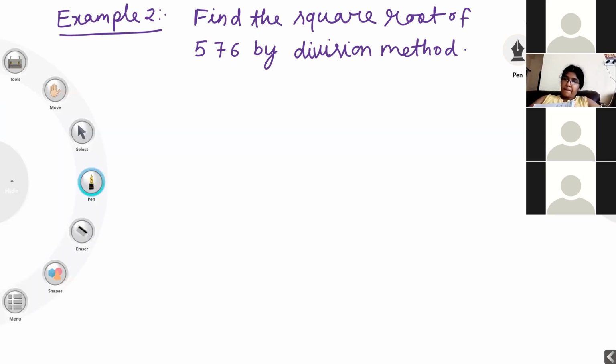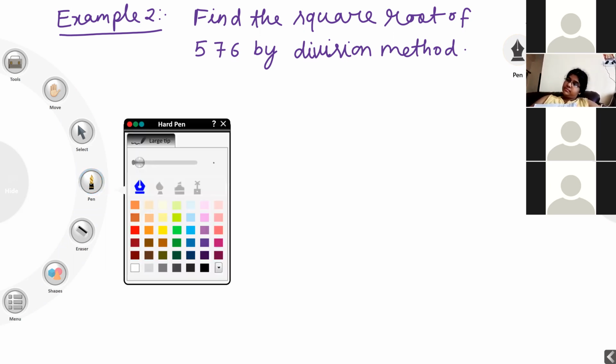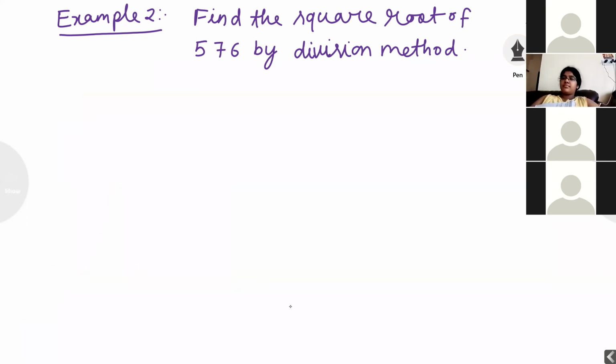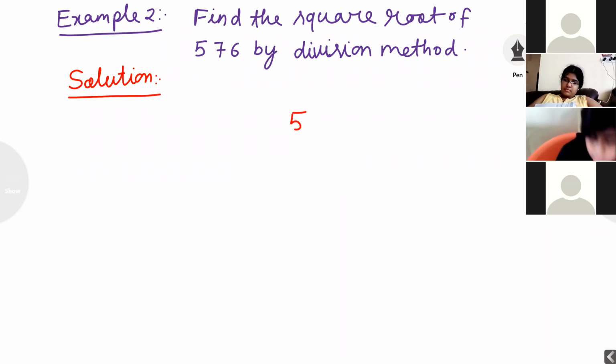In the exam, sometimes students will be asked to find the square root by prime factorization method or division method. But when you are solving a multiple choice question, you can follow any method. Now, students, again I'm explaining how to solve this question. Concentrate everyone here. Don't write anything. Concentrate, because this method is very, very important. With the help of this method, we can find the square root of any given value, either decimal or fraction. Now I want to find the square root of 576.